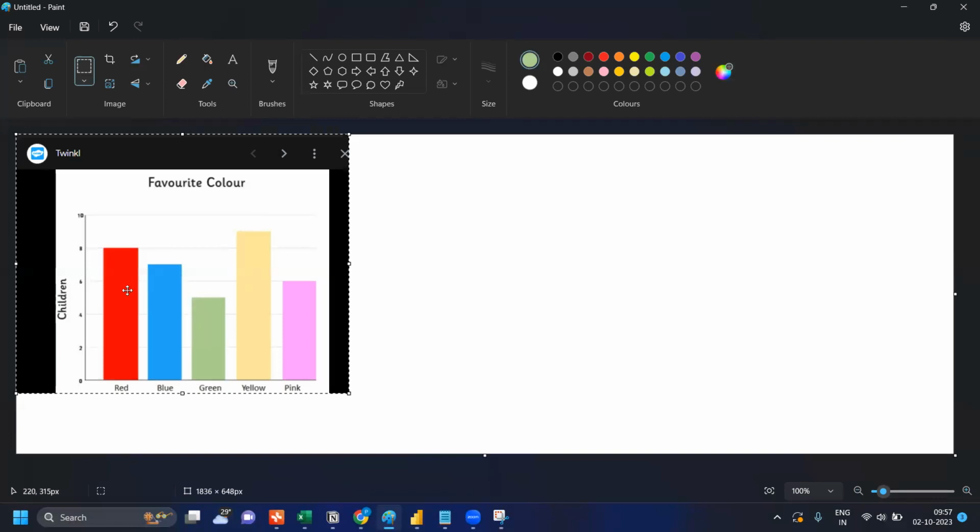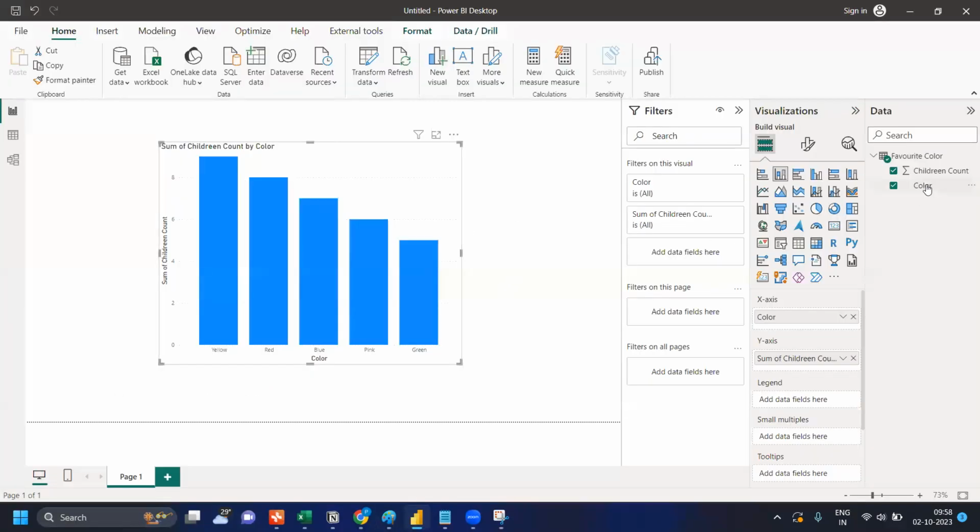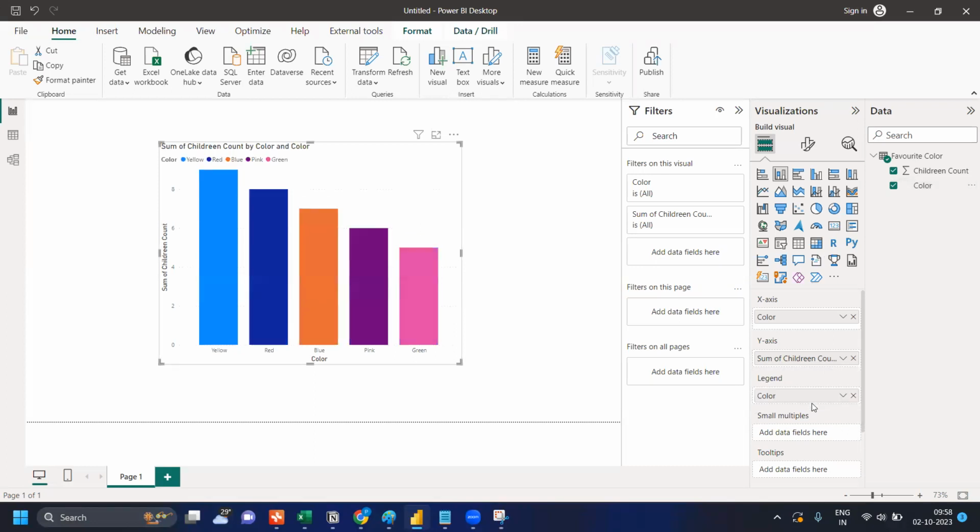If I want to replicate red color in the report, what I have to do is get the color picker icon, click on that color picker icon, and click on the color whose Hex code you want to get. So I want red's Hex code, so I'm just clicking on that. If you want to grab the Hex code, go to edit colors where you can find the red color Hex code. So now what you have to do is